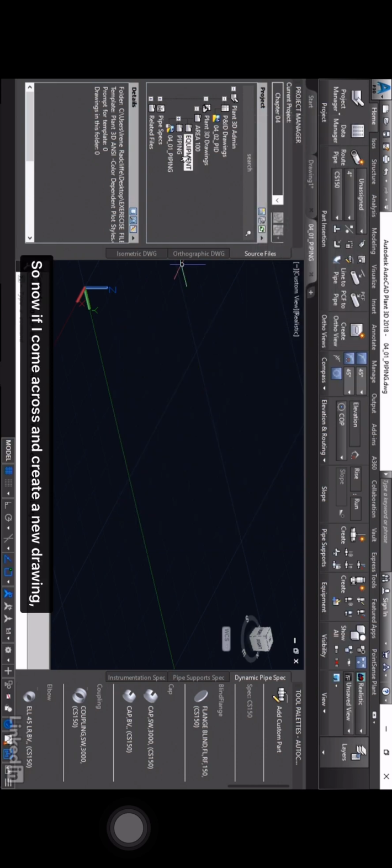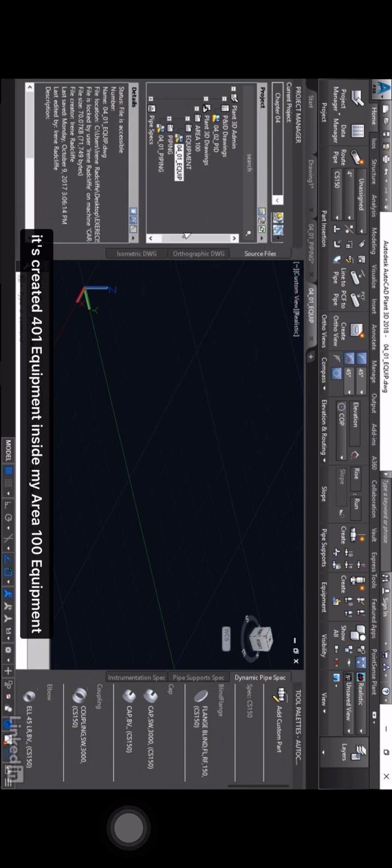So now if I come across and create a new drawing, it's created 401 equipment inside my Area 100 equipment. And now in Windows, you can see that our equip 401 equip is located in the right place in our folders in Windows. So having both the Project Manager and the Windows folder structure clearly defined before designers have access,